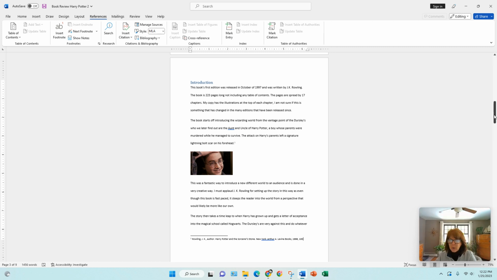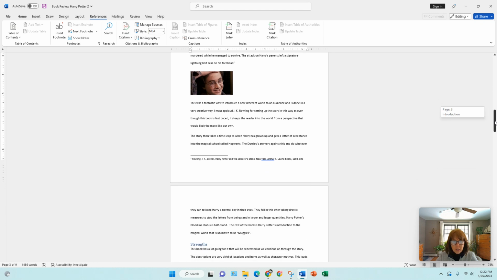Now, if I go on to put another footnote using the same source, I don't have to include all the information that I included the very first time I inserted that footnote's information. For any subsequent footnotes for that very same source, all I have to do is put the author's last name, a shortened title, and the page number that the information came from. So I'm going to demonstrate that by going to